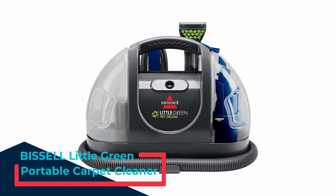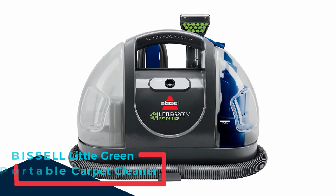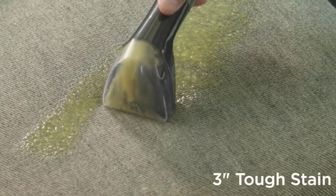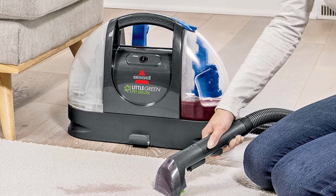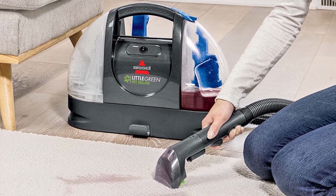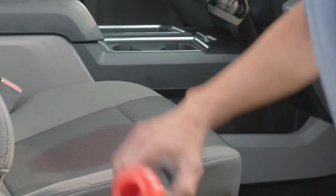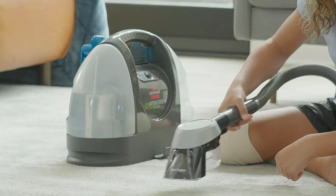When looking for the best portable carpet cleaners, one of the key factors to consider is its size, since it's essential to have a machine that fits in tight spaces, is easy to carry, and takes up very little storage space when not in use. According to our testers, the Bissell Little Green Pet Deluxe Portable Carpet Cleaner delivers on all these specifications and